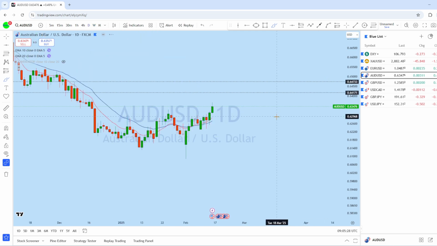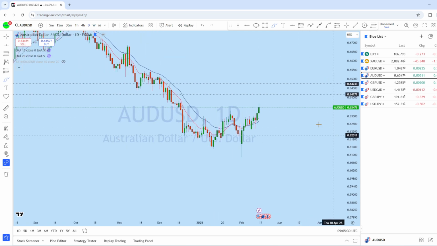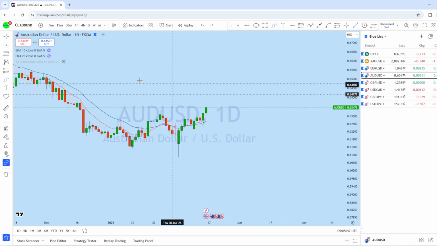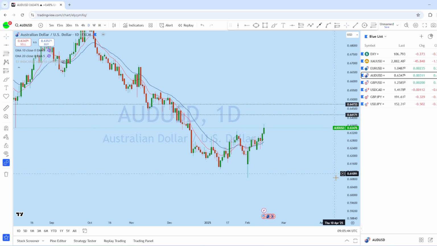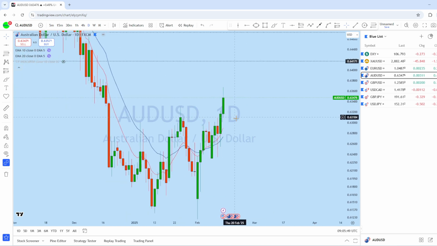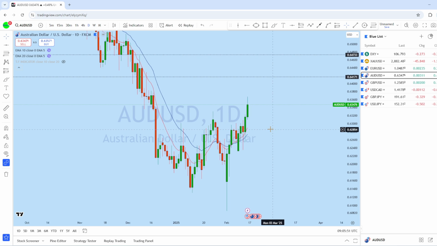Now dropping down to the daily chart, we can see that there is a daily uptrending market structure from here. This is the daily impulse followed by this pullback, and we can see another impulse followed by a deeper pullback, expecting AUD USD to move back up to create a new higher high. So on the lower time frame, we can see AUD USD potentially remaining bullish.